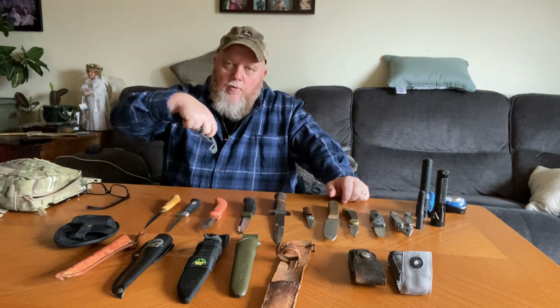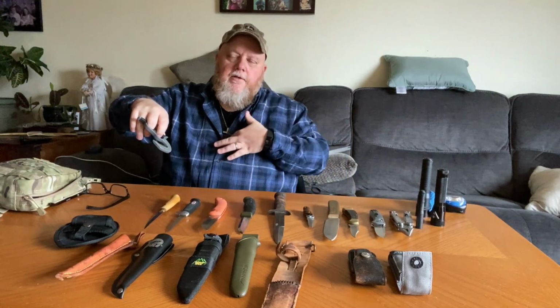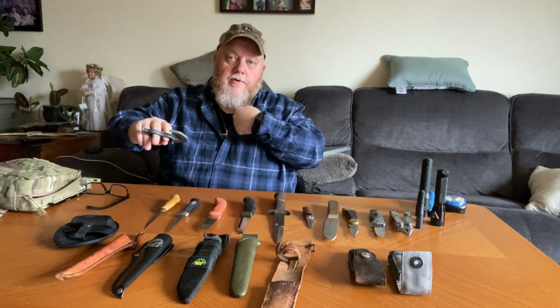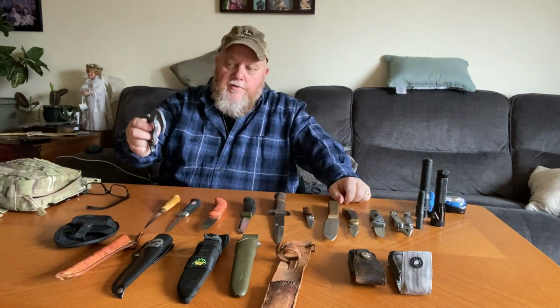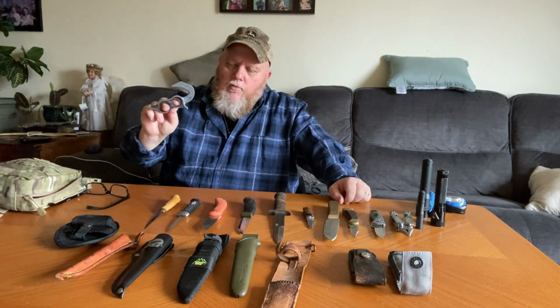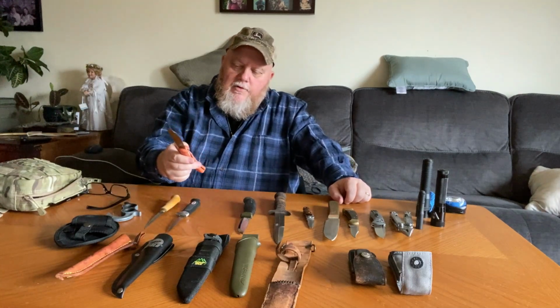I'm able to open up, we call it unzipping, the belly to expose the intestine, and I can actually utilize this to go right up through the rib cage and open up the cavity, chest cavity, to remove the heart and lungs in that area. But this thing works awesome. But I have since gotten away from this, and believe it or not, I'm utilizing this